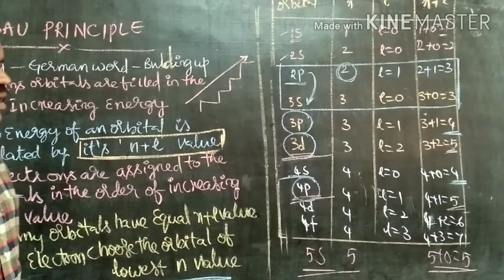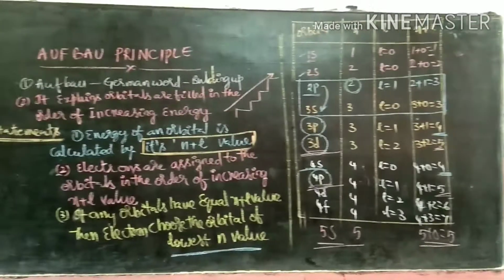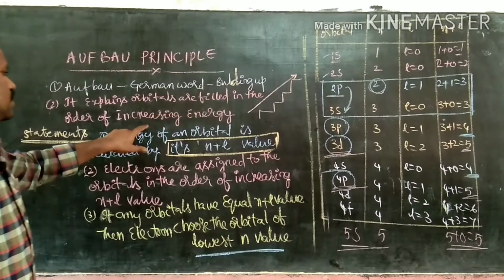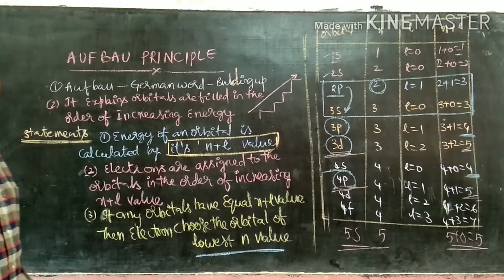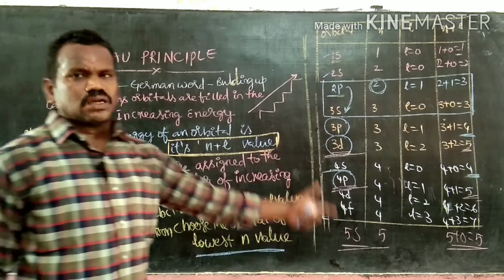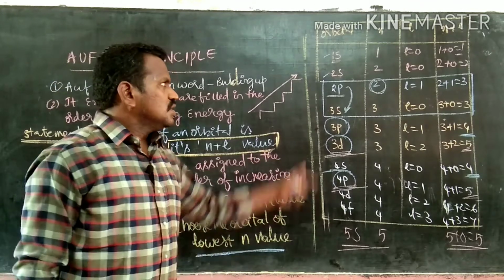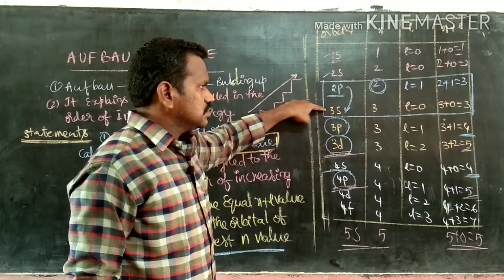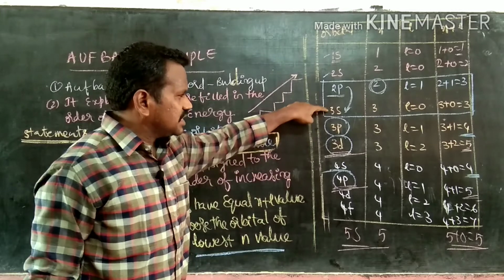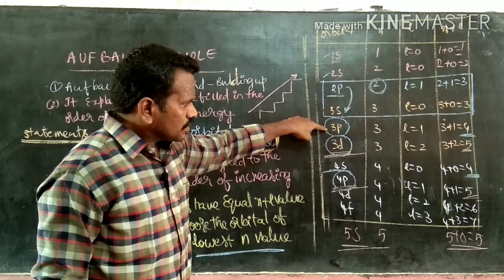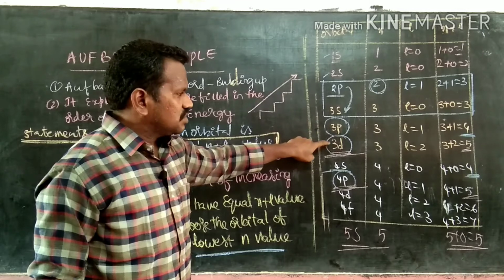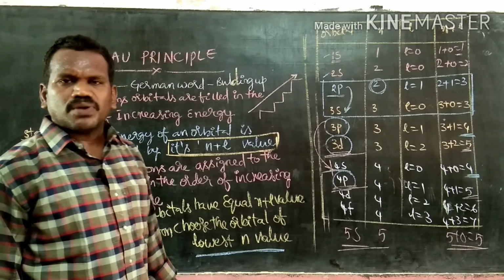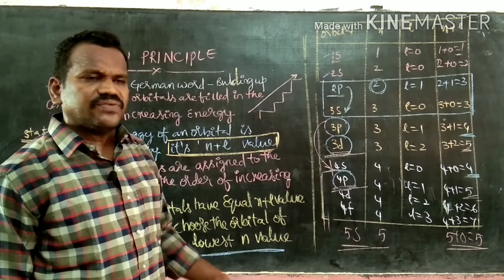This table of the Aufbau principle gives a great idea about the filling in increasing order of energy, but it also gives a confusion. Why? Because 1s is okay, 2s okay, then 2p, then 3s. Then the problem arises. After 3s comes 3p. Then the electron does not enter into 3d. After 3p, the electron enters into 4s.